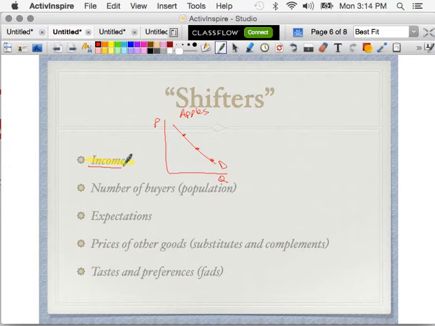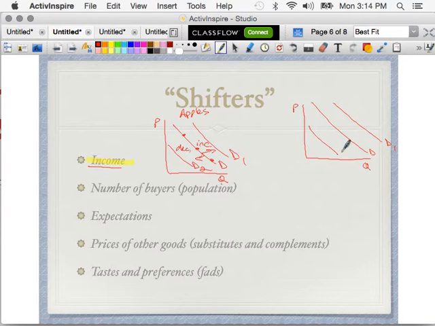But then imagine nationwide everybody's incomes go up. You would expect people to buy more apples, D to D1. Or across the country, incomes decrease, the demand for apples drops from D to D2. So a decrease is to the left, and an increase is to the right. And if you're having trouble seeing that, something that I tell students to do is to take that demand curve, see how perfectly these are drawn, and just pick a price, like right here, and read all the way across. And you can see initial quantity, less quantity,